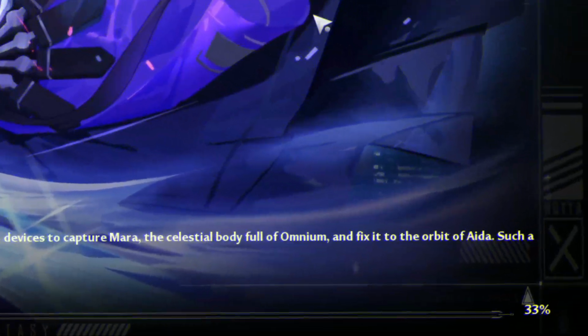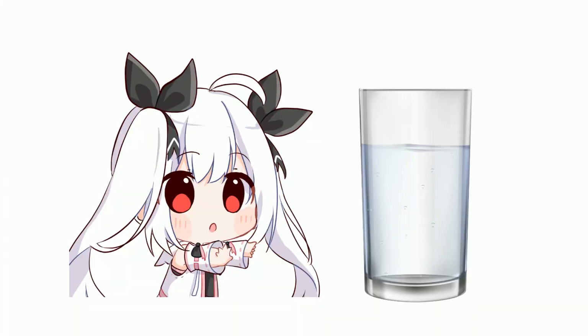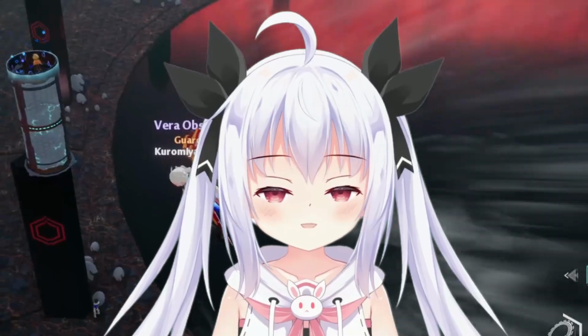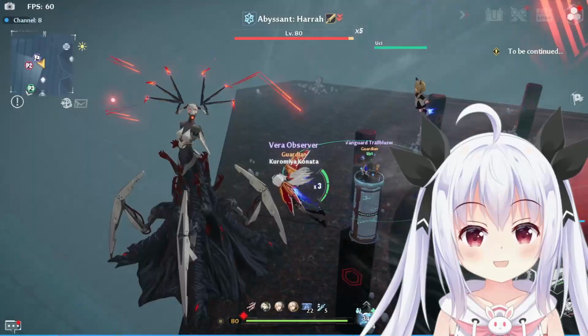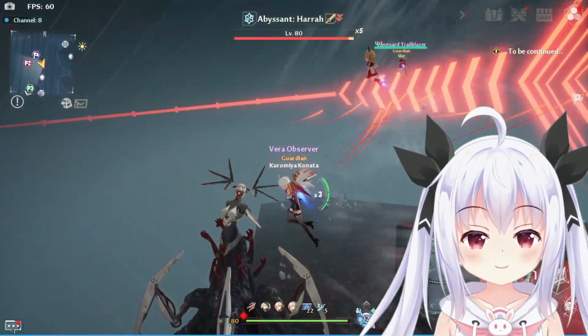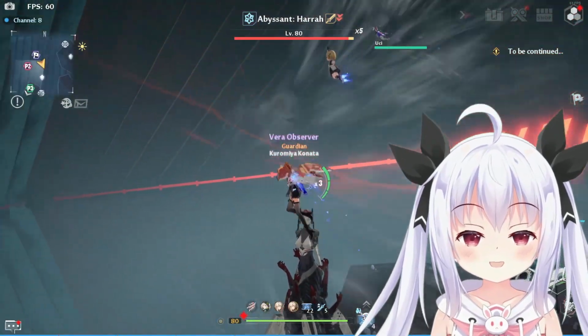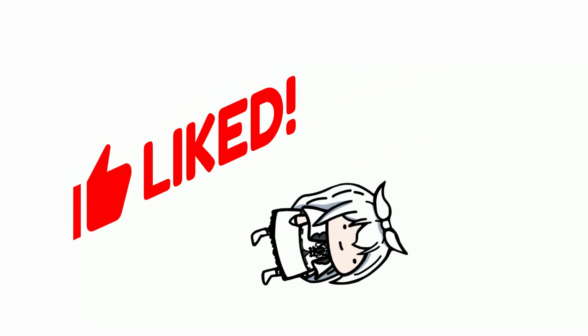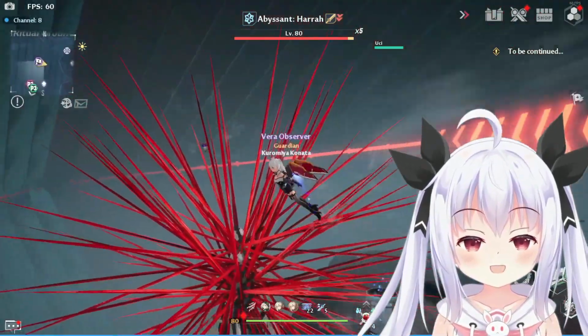If you do play on a potato and load long enough to grab a drink from the fridge in the supermarket on the other end of the city in the meantime, you might wanna stick to the hand cannon pillars instead. Repeat the process of pushing Harrah until you reach the end of the map, and push her until the edge, and...